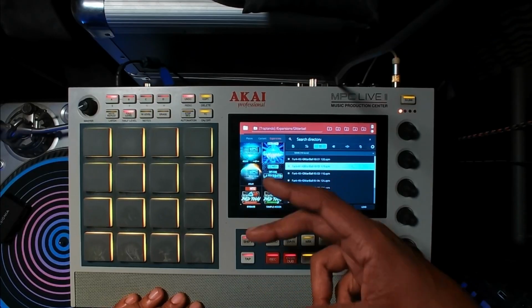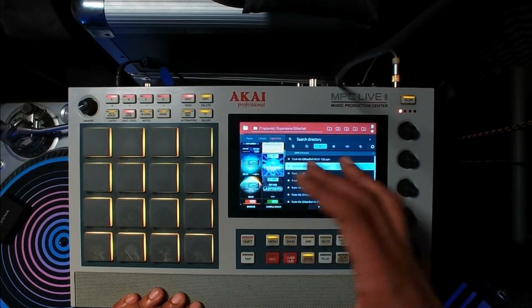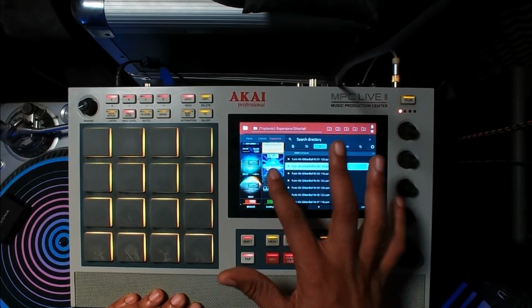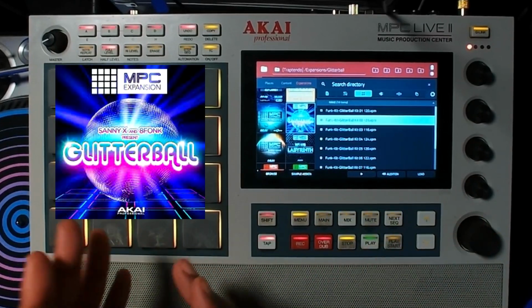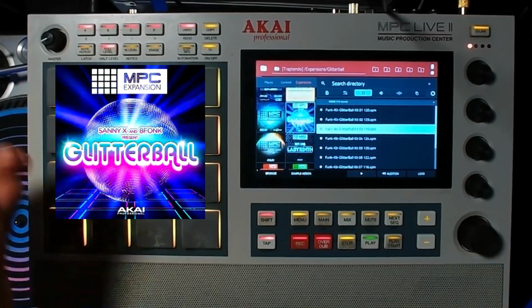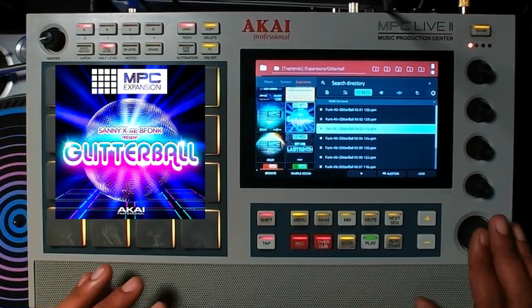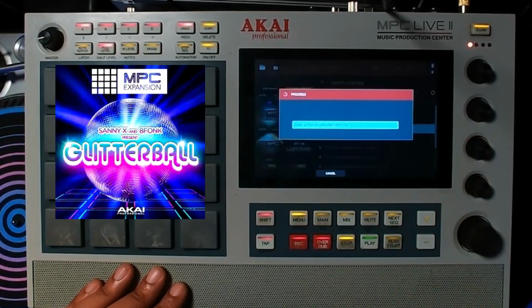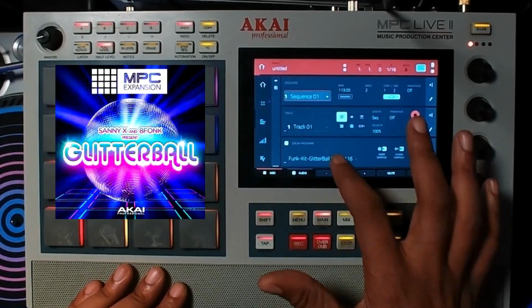And now for the real, let's get it done with the MPC Live 2. On the MPC Live 2, one of the things I would recommend for any kind of Soulful House production is Glitter Ball. That's a slept-on expansion, but it's great for this because you can hear the claps. And then if we are already to load this up, I already have it in here. And if we was to explore it a little bit,